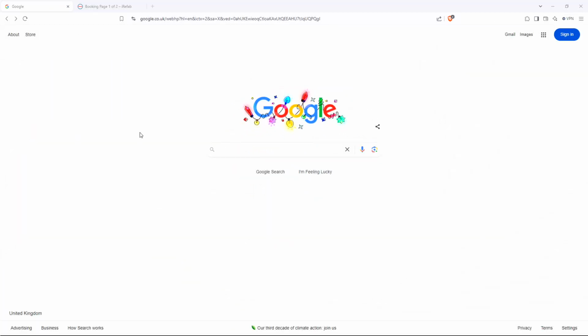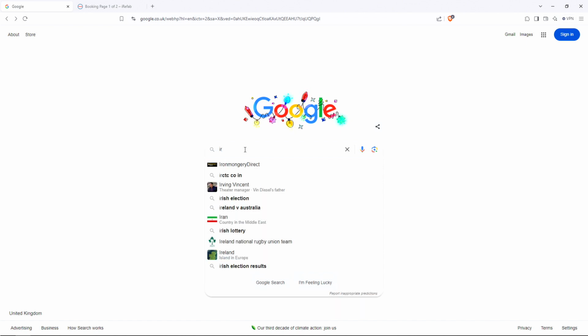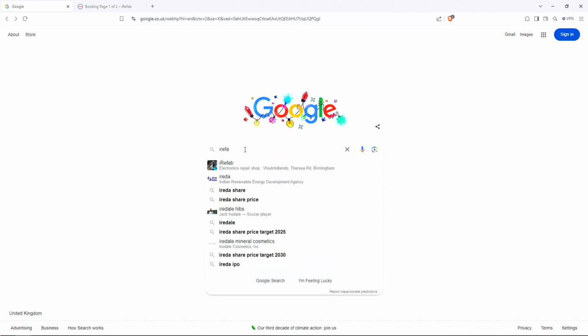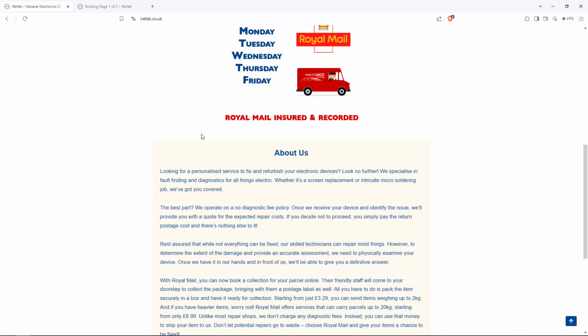Okay, so the fastest way to get this sorted is if you just open a Google search page and type in iRefab, that's I for Indigo, R for Romeo, E for Echo, F for Freddy, A for Apple, and B for Bike, iRefab. Then the first listing that will come up is for our website. So if you click on that, iRefab, General Electronics Diagnostic and Repair, and go down the page,